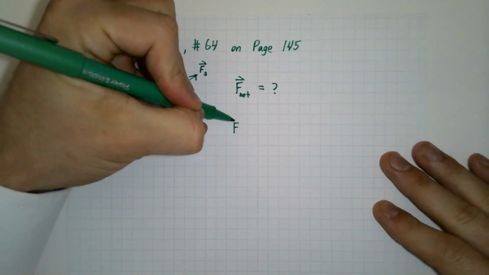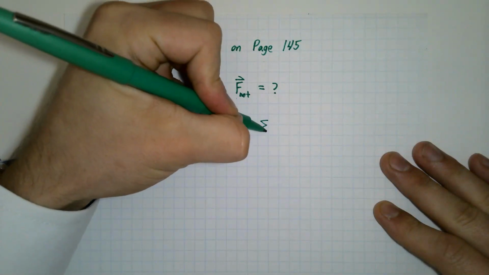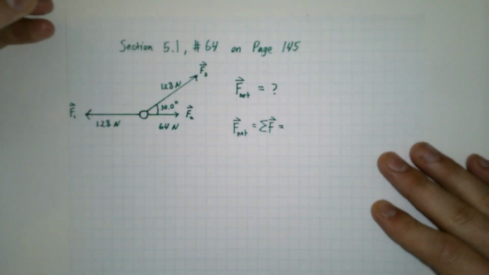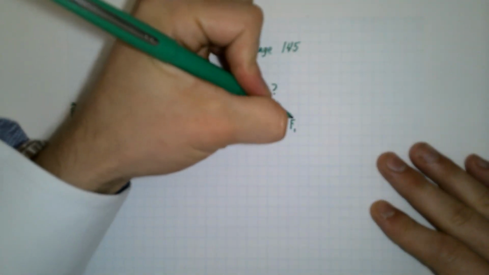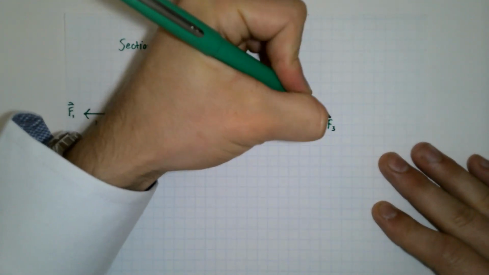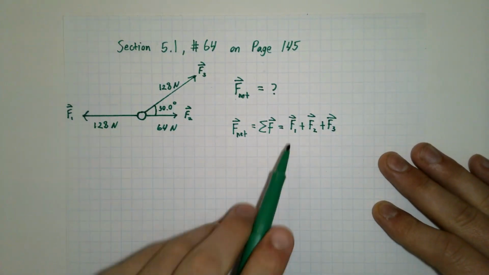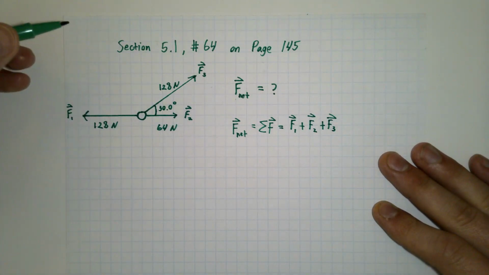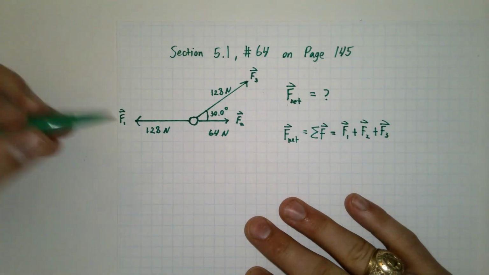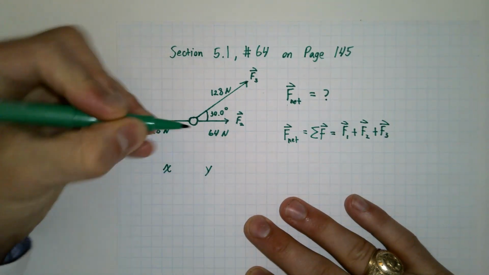That resultant vector, or the sum of these three vectors, is the net force. So our net force is going to be the sum of all the forces, right? Net force, sum of the forces, same idea. And we know that's going to be F1 plus F2 plus F3. Analytically, how we can add these three vectors together is by their components. So if we say, I'll put it under the diagram here, forces in x, and then forces in y,